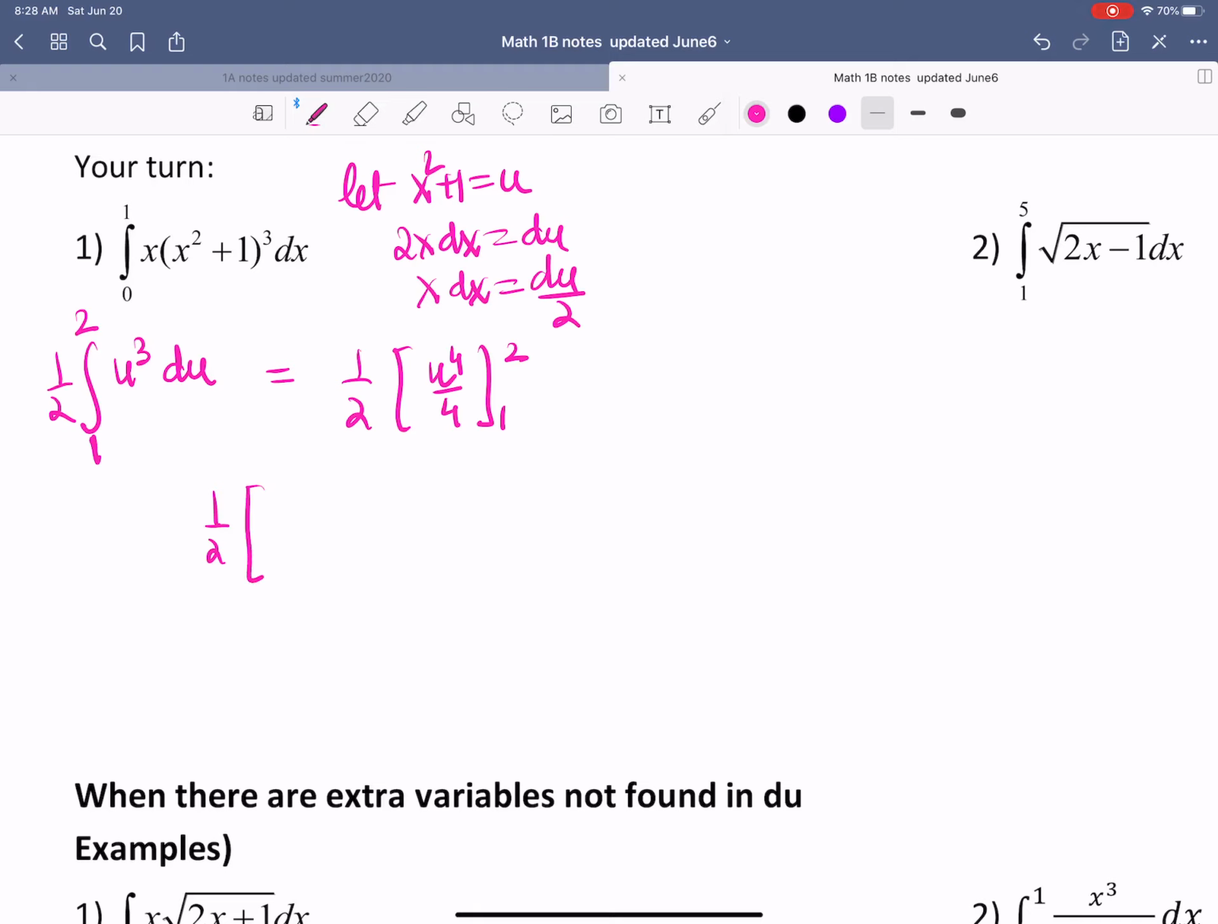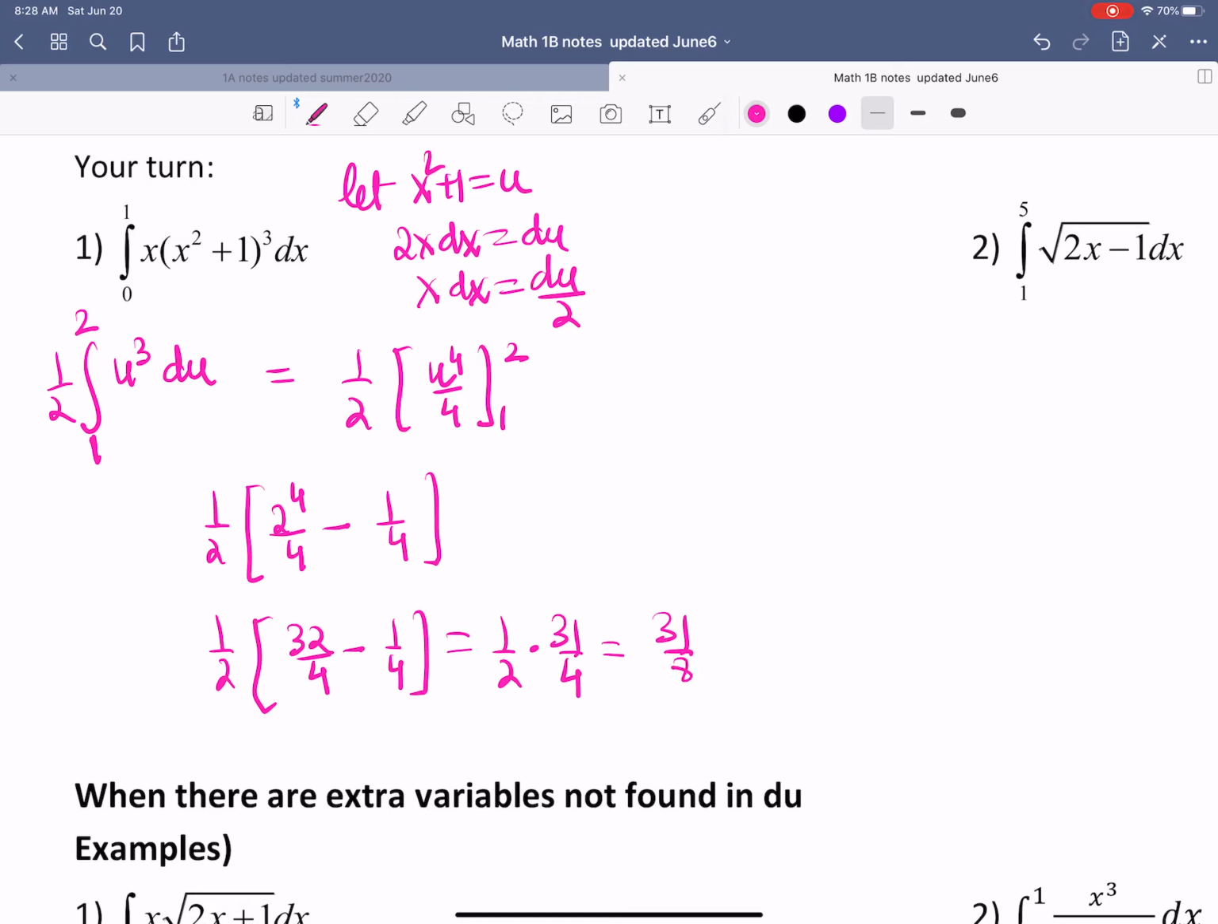So 1/2 in the front, 2 to the fourth power divided by 4 minus 1 to the fourth power divided by 4. 2 to the fourth power is 16 over 4 minus 1/4, and that comes out to be 15 over 4, which is 15 divided by 8. Okay, the next example, so as we have talked about area under the curve, so this is the area under this curve. Integration, this is the area between the x-axis and the curve, area under the curve, from 0 to